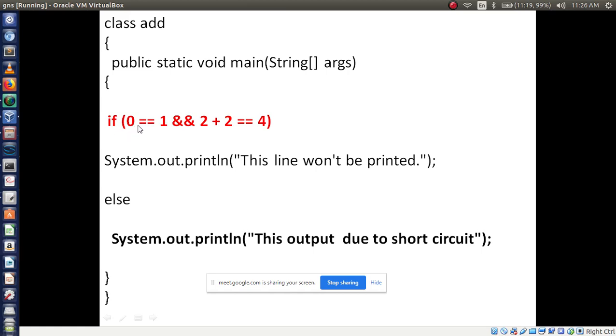If 0 equal to 1 and 2 plus 2 is equal to 4. So here we are using the short circuit AND operator. This will check 0 equal to 1. Is the condition true or false? Can anyone tell? Here 0 equal to 1.